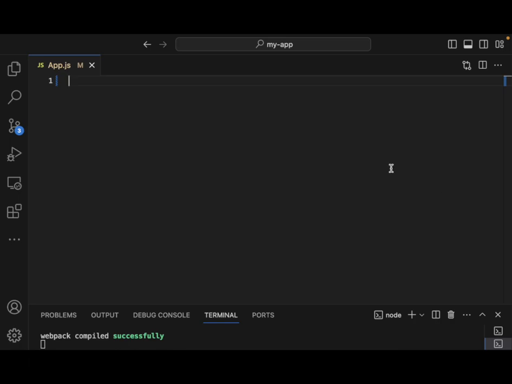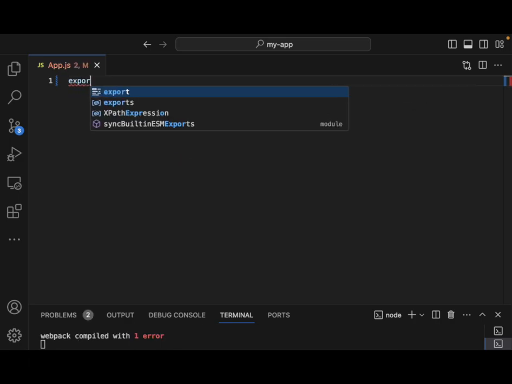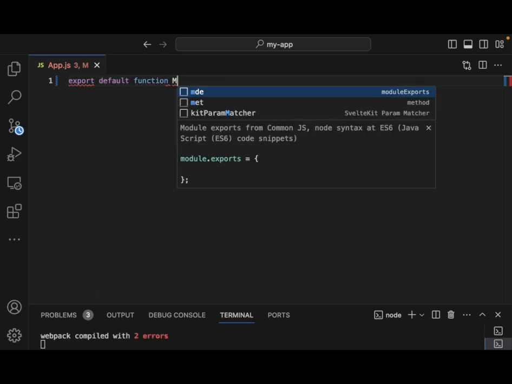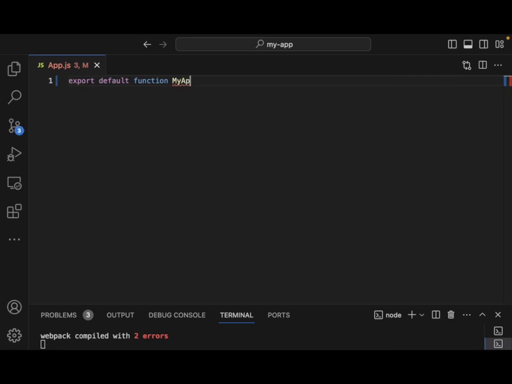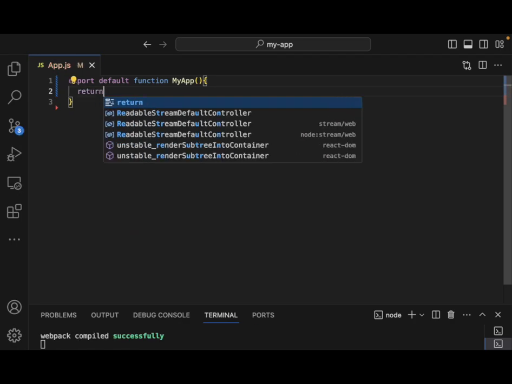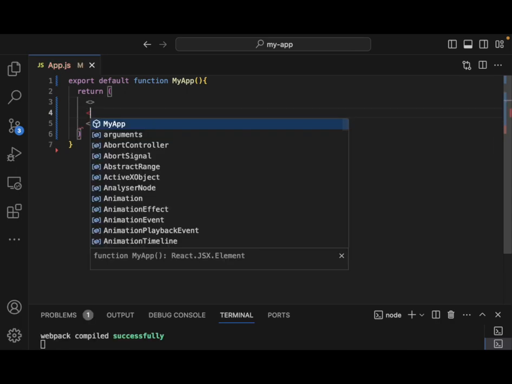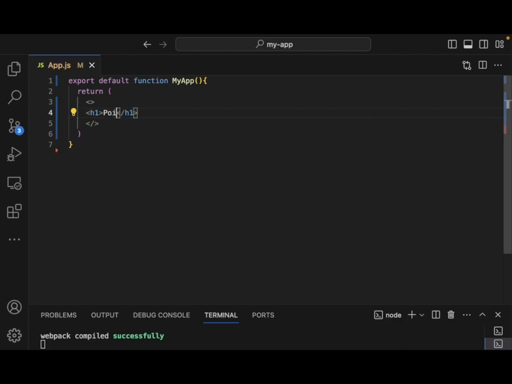So the first thing we want to do is to create the app itself. So export default function MyApp, and let's have it return out here something like h1, point totals per team. Okay. And then inside here, we will have